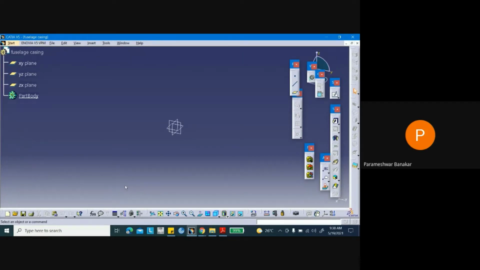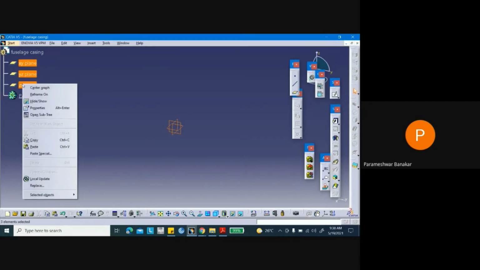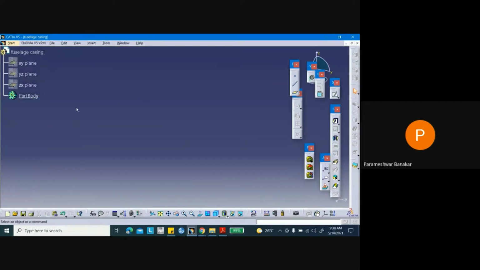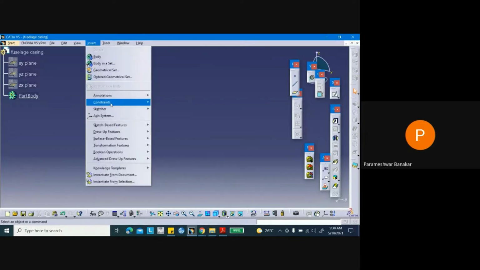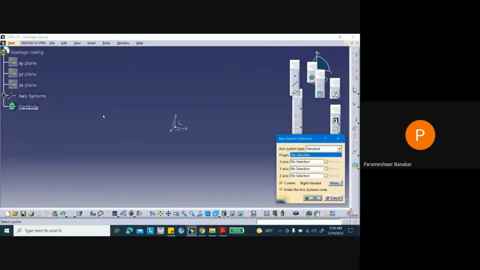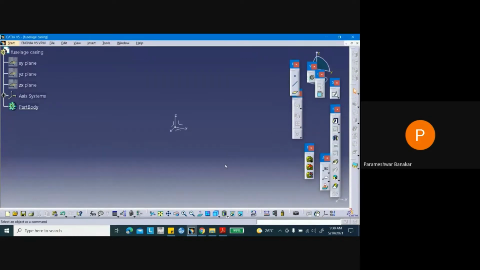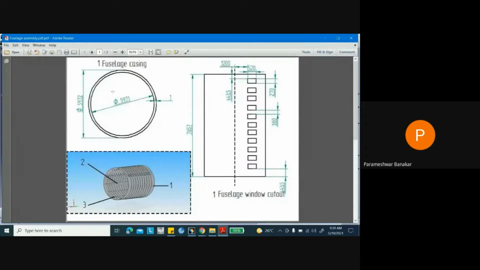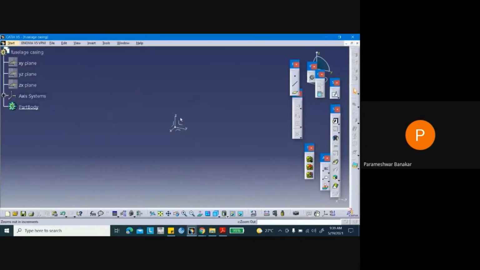So now what I will do, I will hide these planes because it will create little confusion with you guys. So hide this and go to insert new axis system. You can see here new axis system. Okay, give OK. So I have got 3 axes, XY, XZ and YZ or ZY. So now in order to create this, I will take the help of the axis, that is ZY. Click on ZY axis, go to sketch,